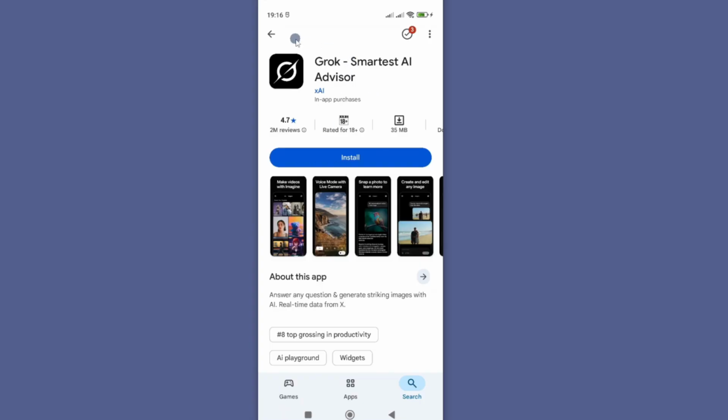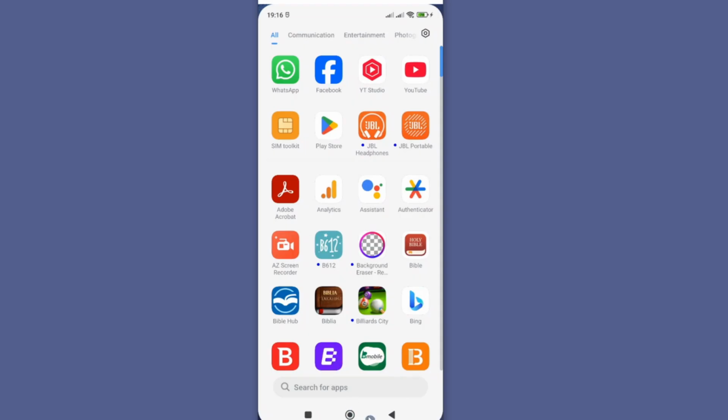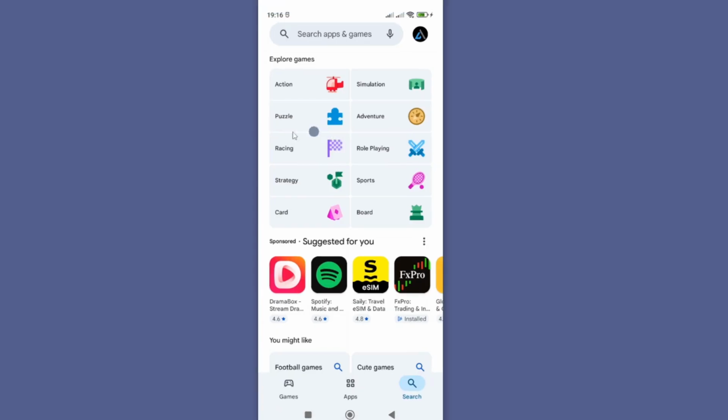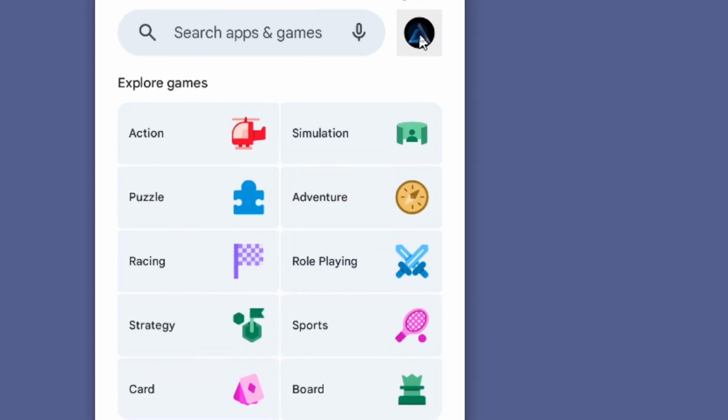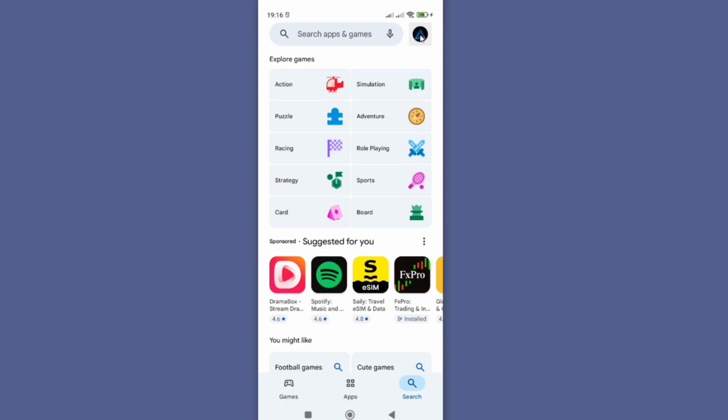Alright, so to fix this, first you need to go ahead and open your Google Play Store on your Android smartphone. As you can see, I have my Play Store here. I'll tap on it. Then first, make sure you are trying to install while logged in. So if you had not logged in, go ahead and log in with your Gmail account. However, if you are logged in but you're unable to install the app, then proceed and tap on your profile